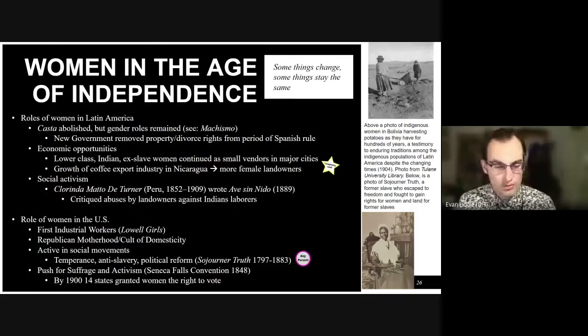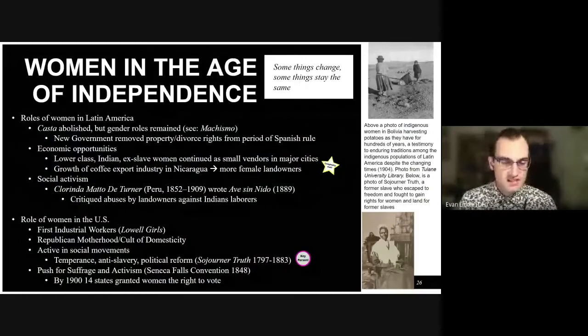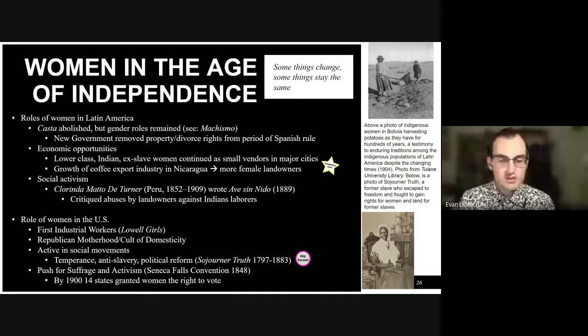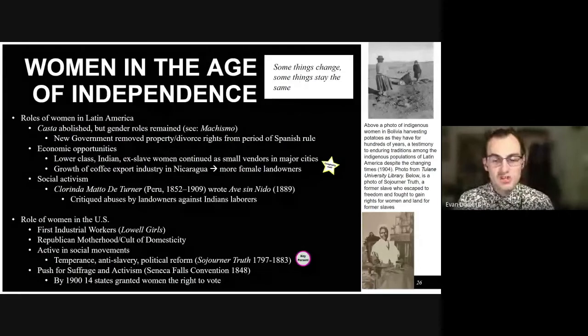Women also continued to be active in many reform movements across the United States, such as the anti-slavery movement, the temperance movement, which was against alcohol, as well as just pushing for more property rights for women and men. Sojourner Truth, who was a former slave and activist her entire life, fought in many of these campaigns. She gave a speech entitled "Ain't I a Woman?" which rhetorically asked why it is that women still didn't have the same rights as men.